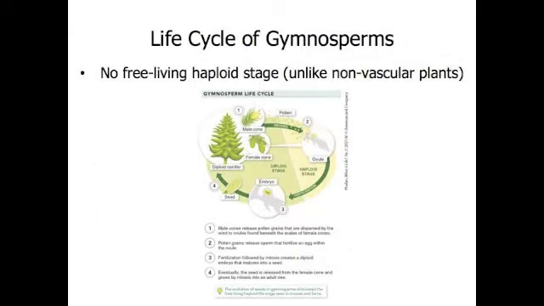So, when the pollen arrives at the female cone, a pollen tube forms and transports the haploid sperm to the ovule, where fertilization occurs and a haploid embryo begins to grow. The embryo develops slowly within the female cone over the course of many months until the scales of the cone open and release the seed, which is then ready to sprout into a new plant. With the evolution of seeds, gymnosperms developed a life cycle with no free-living haploid stage such as we see in